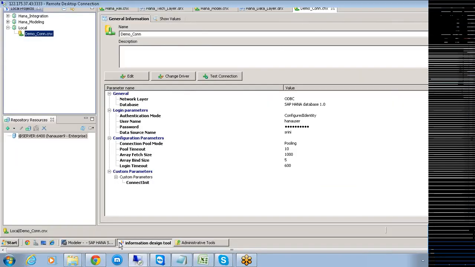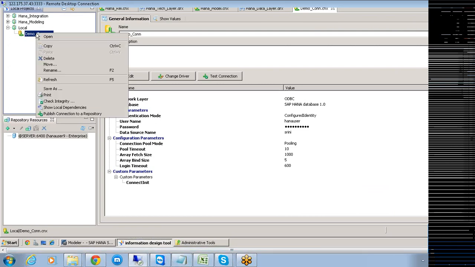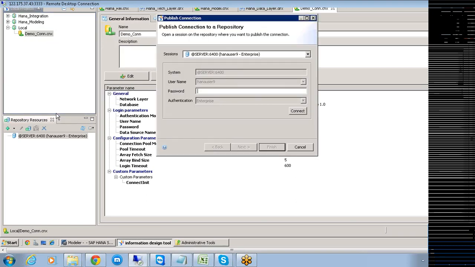So please see what I'm doing here. This is your connection, right click, and you have something like publish connection to the repository. Vijay, Elva and Anand, I'm trying to publish this connection to the repository to make it secured.